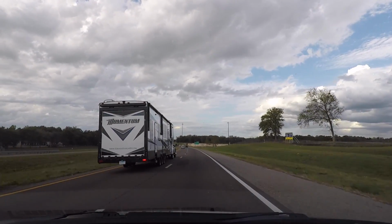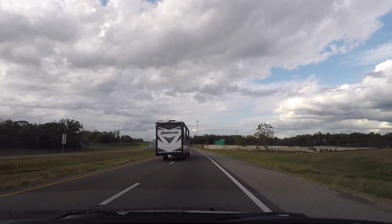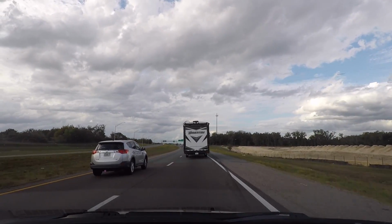Bigger truck. It's not going to get the fuel economy that the Chevy got, which was 10 to 11 typically. But if I can get 9, 10 out of this, I think I'll be pretty happy. So yeah, loving it so far. Yeah, just saw a sign for rough road. And it is,